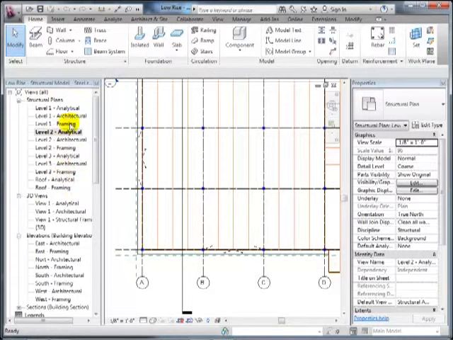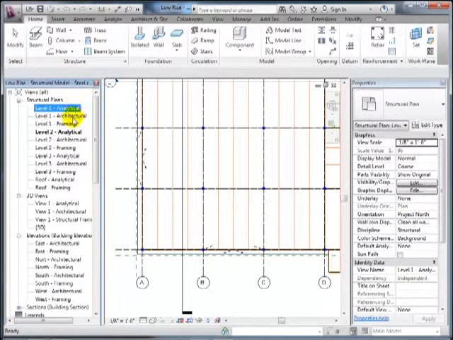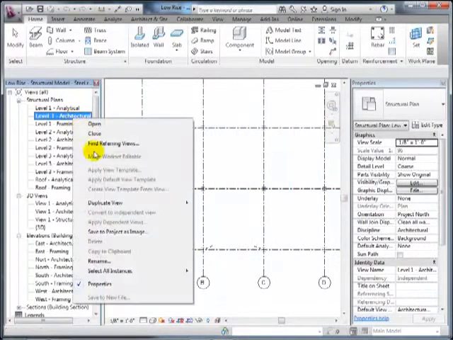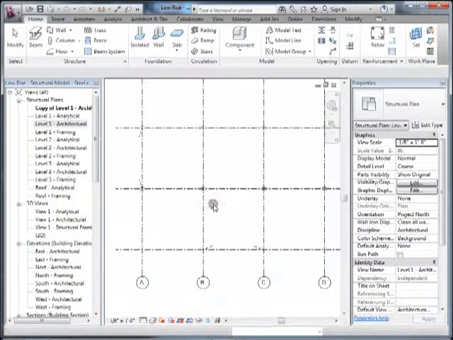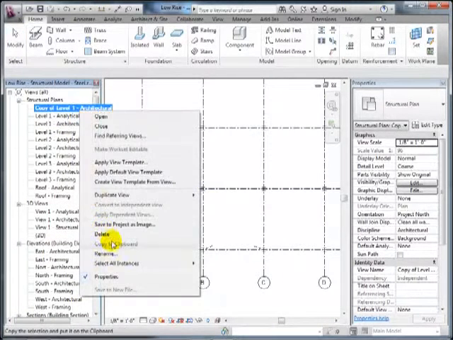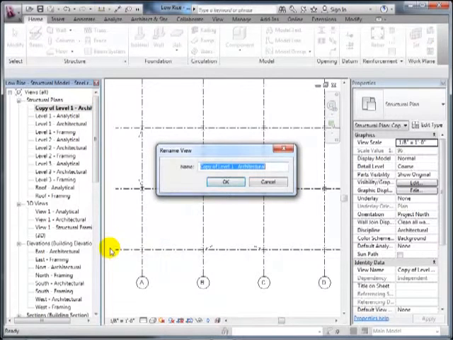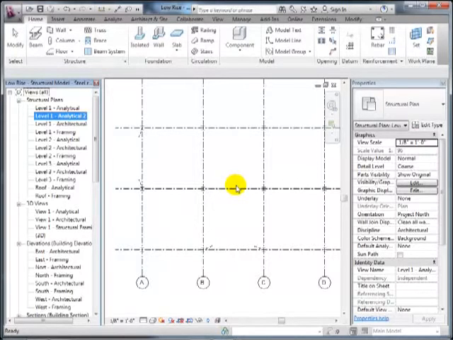So, for example, if I wanted to create another view, let me take that architectural view and duplicate it, create another one, and rename it. I'll call it level 1. I'll just give it a different name. Say OK. If I want to turn on the analytical model lines versus the architectural elements, there's this thing